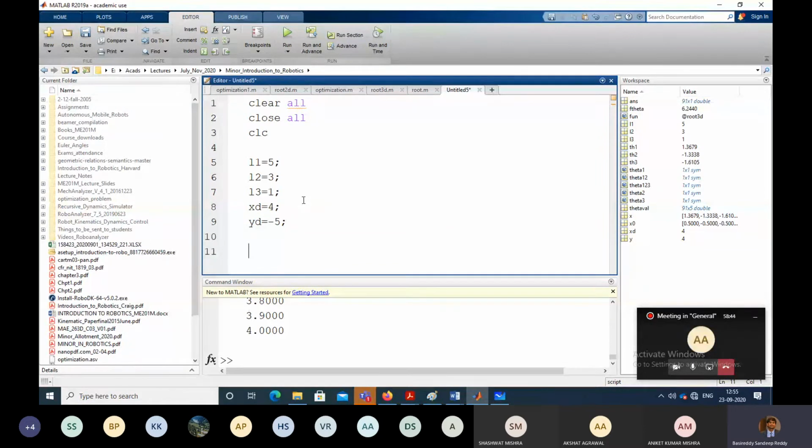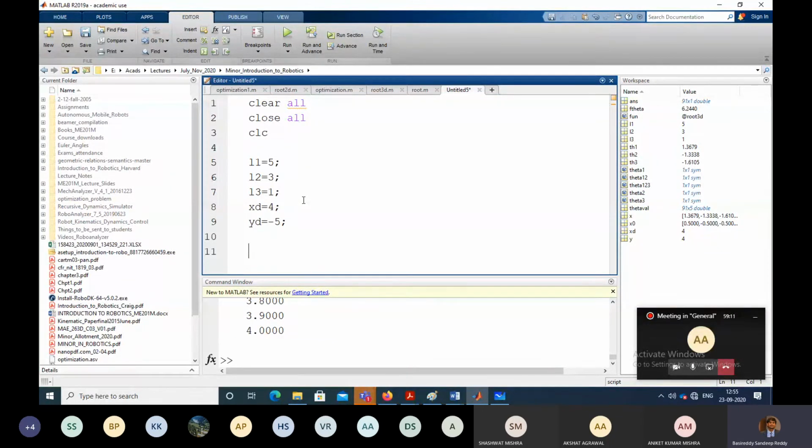Now I'm just going to show what is the syntax for this. In the case of fsolve, what it does is you have to give an initial guess. Initial guess you have to give for theta 1, theta 2 and theta 3, and based on that guess it will solve the nonlinear equations.